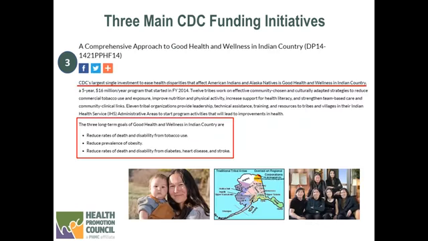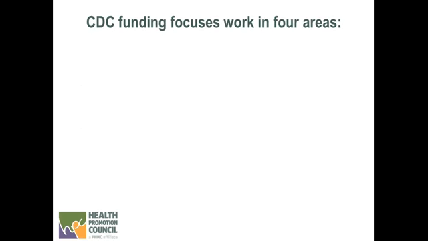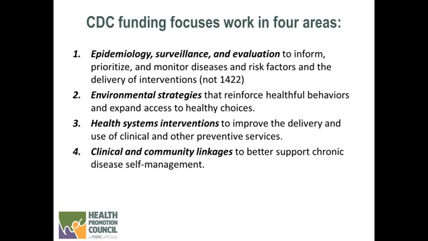And then the third source is really targeting American Indians and Alaska Natives, and this is the single largest funding to help support these organizations. So if you're in one of those states that serves this population, again, it's focusing on the risk factors associated with chronic disease, all related to diabetes and diabetes prevention, as well as the other risk factors. So I'm not going to go through details. This is, again, taken right from the CDC